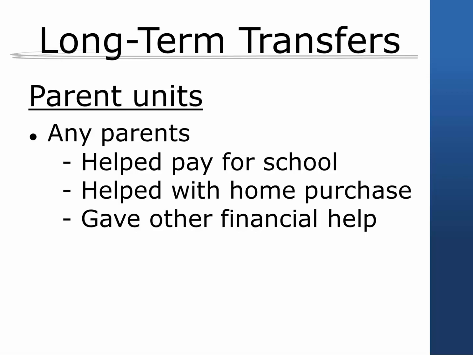In addition, for long-term transfers from parent units, the family level file includes information on which parents provided the transfer. The information is on the family level file instead of the parent unit child file because long-term transfers may have come from a parent unit that differs from those on the parent unit child file. For instance, a head's biologic mother and father may have helped with a home purchase many years ago, but the head's current biologic mother may now be remarried to the head's stepfather. In order to avoid linking long-term transfers to an incorrect parent unit, this information was left in its original form on the family level file.